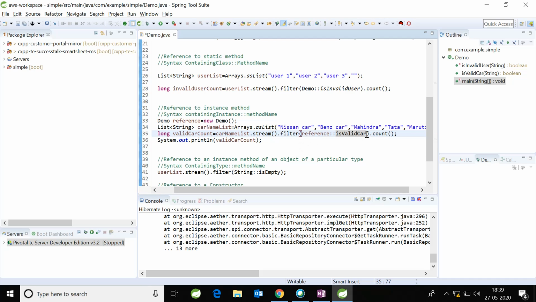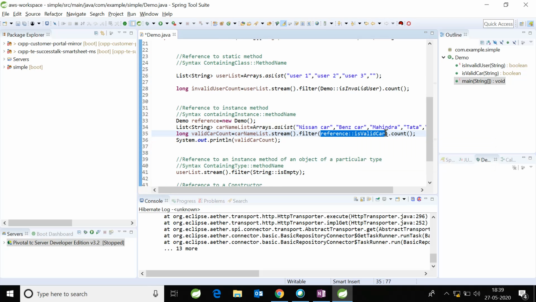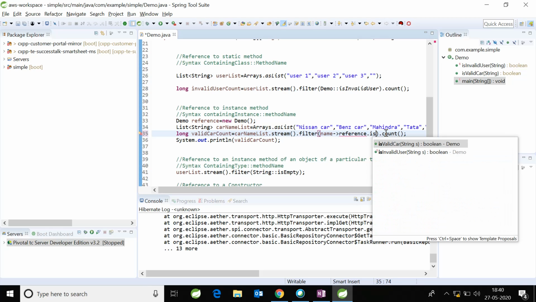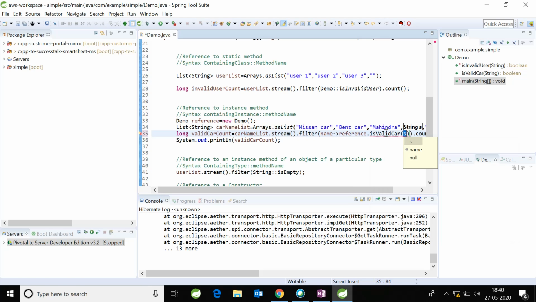Now reference, let me rewrite this first. String name, reference is valid car name.